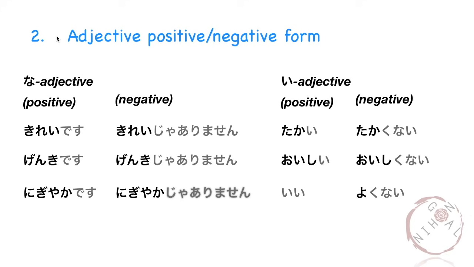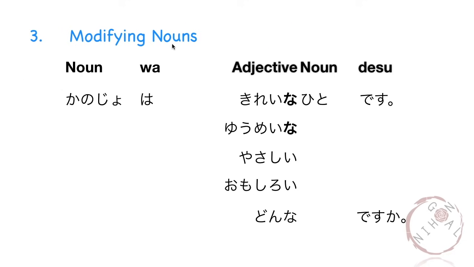Next are the positive and negative form of the adjectives. For na-adjectives, example, kirei desu, genki desu, nigiyaka desu. And to make it negative, we just replace desu with じゃありません。きれいじゃありません is not beautiful. 元気じゃありません。にぎやかじゃありません。Now, for the i-adjectives, examples of the positive i-adjectives are 高い、おいしい、いい。And to make it into its negative form, we just replace the i part with くない。For example, 高くない、おいしくない。And the negative form of good or いい is よくない。